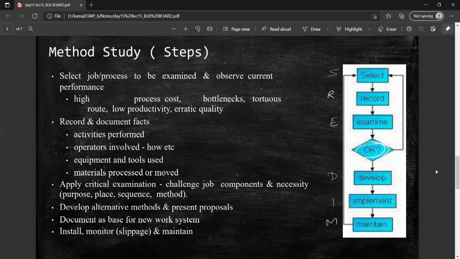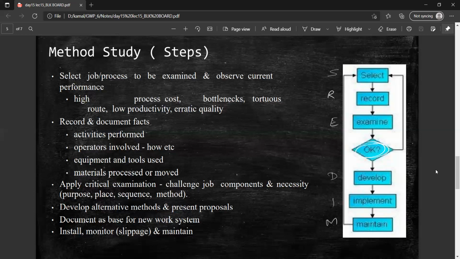So develop depends on the ongoing process or the present scenario of the process which is used to produce the particular product. If some modification is required, then I can propose that modification for preparing the particular product from the selected job. That is the develop.